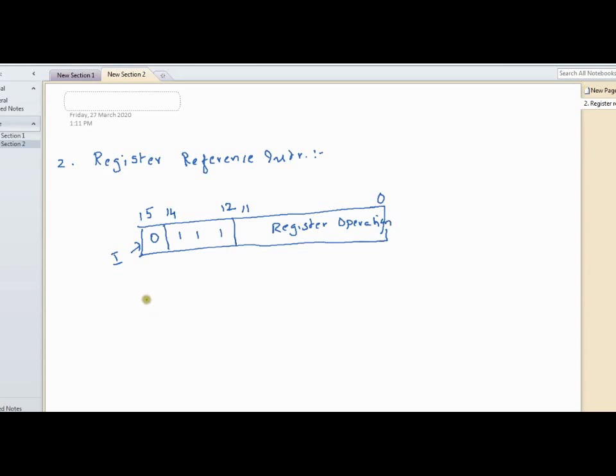So whenever the 16th bit is 0, that is, if the I value is 0, then you can identify the instruction as a register reference instruction.